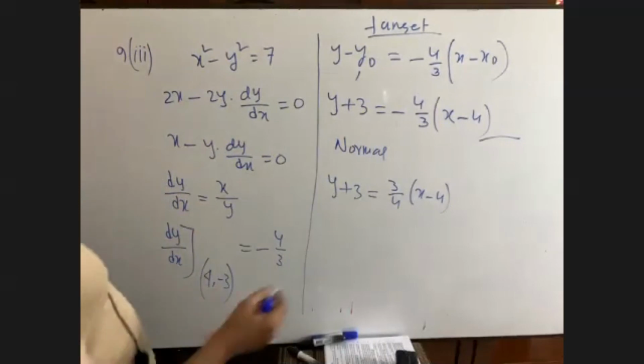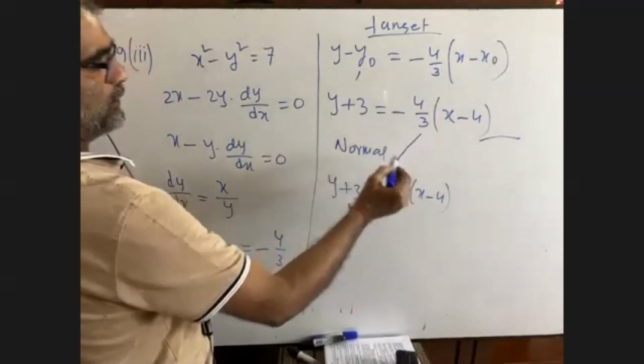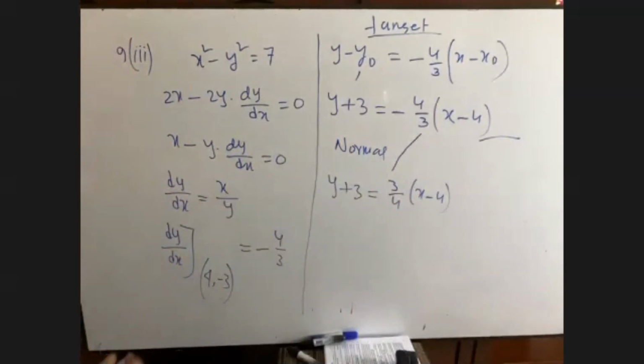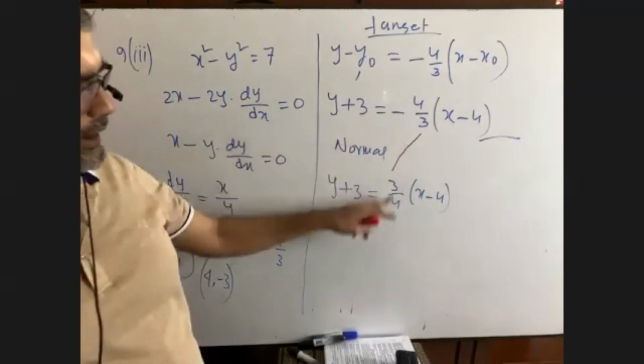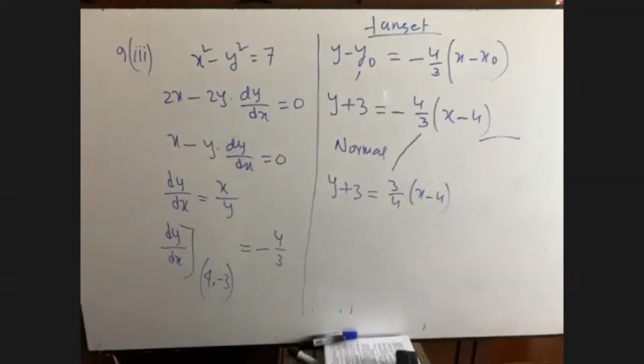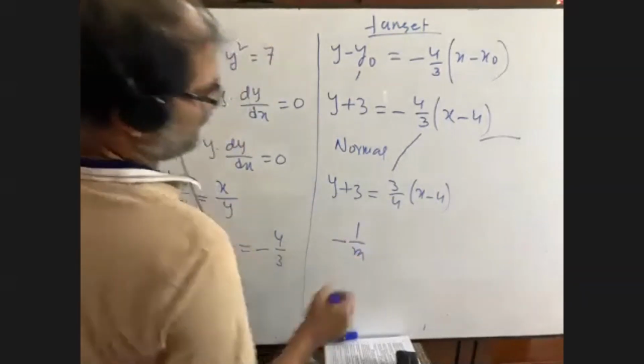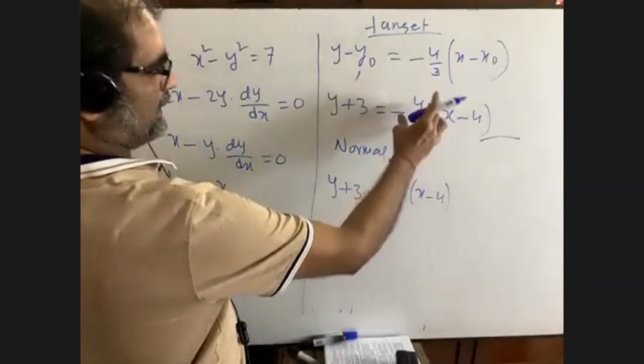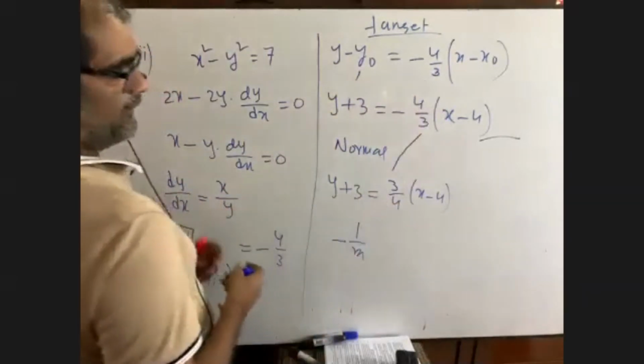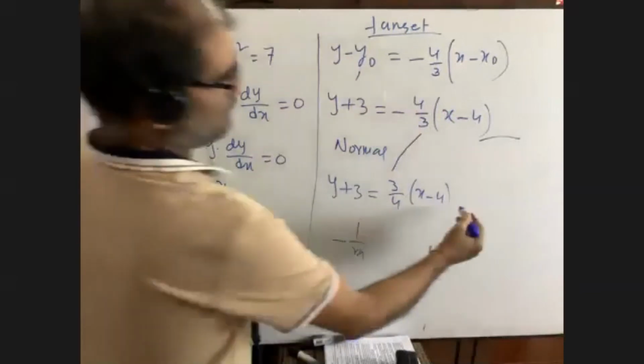y minus y1, the formula is, it is given (4, -3). And now you calculate it, you will get a standard equation. And for the normal, what will you do? Same thing. y plus 3, it will be its opposite, 3 by 4. You always remember that the product of these two will be minus 1. If we multiply these two, we will get minus 1. In the formula, it is minus 1 by m. So if it is m, then minus 1 by m is this. Now you'll get your answer.